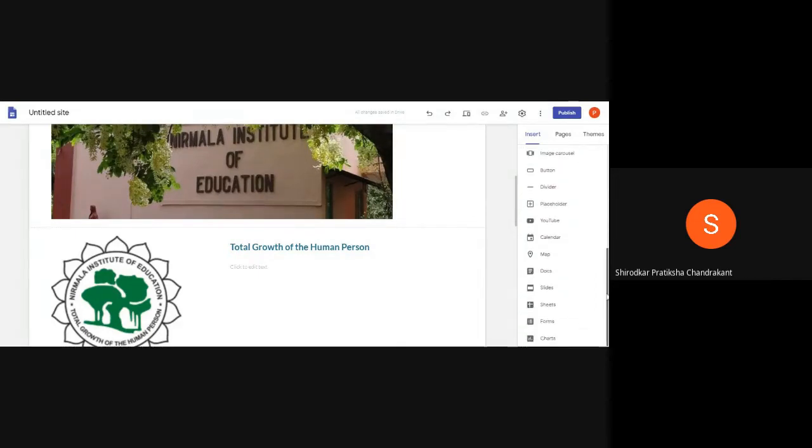Now, here are all the apps which Google allows you to add in Google Sites, like YouTube, Calendar. We know how to add a YouTube video, how to add a calendar, how to add a map, how to add docs, because you just need to click on that. If you have any documents saved in your Google Drive, you can just select it and add it there. If you have any slides created in the Google Slides app, you can just add it. If you have any Google spreadsheet created, it can be added to the site.